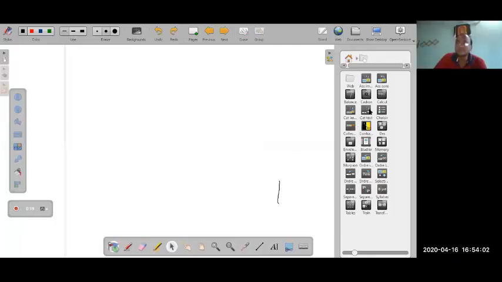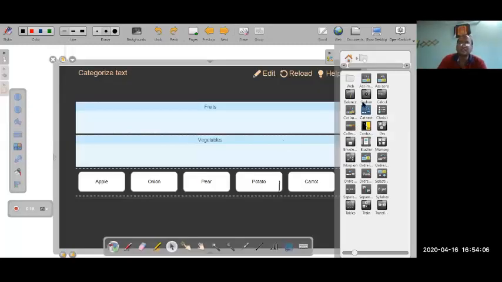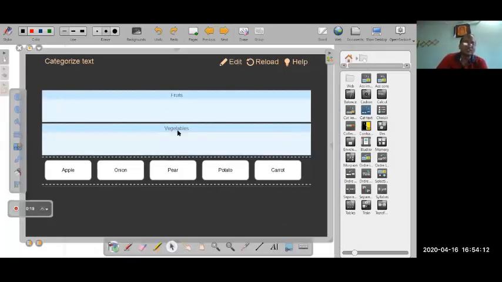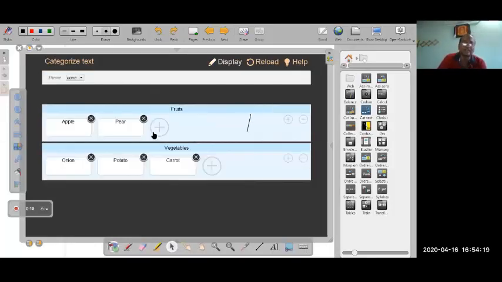Collection. These are all like that. These four look like categories. Here, fruits, vegetables. If you want to edit, we can add some fruits. Banana.